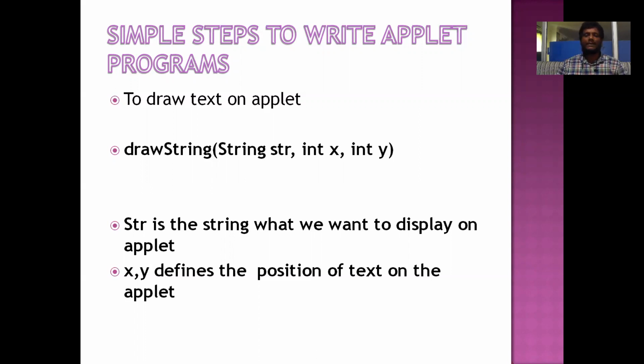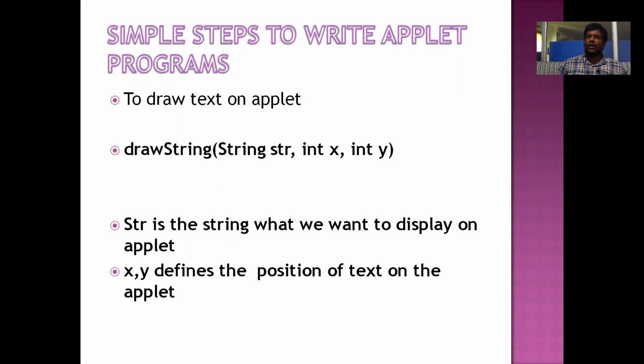And similarly, while we are working with the Abstract Window Toolkit, we have to write something on the containers. In order to write something on the container, System.out.println will not work there. Instead, we create objects of the Label class, which will write something on the containers. Similar to those two things, while coming to the side of applets, if we want to write something on the applet, we cannot write by creating an object of the Label class. We cannot use System.out.println here. Instead of those two things, we have to use a method called the drawString method. We all know that method names start with a small letter by convention. So here in drawString method, D is small.